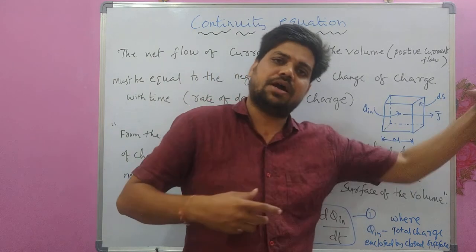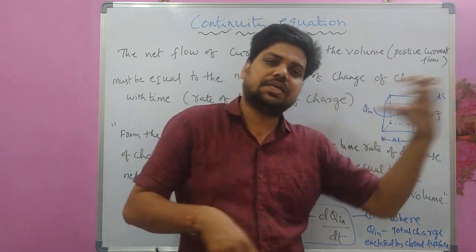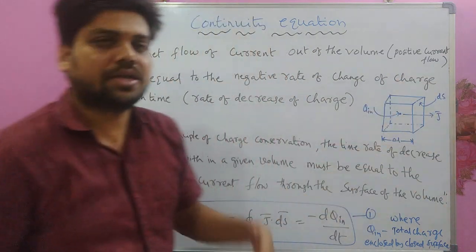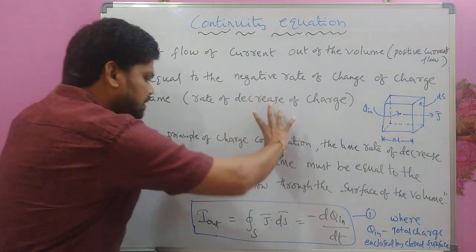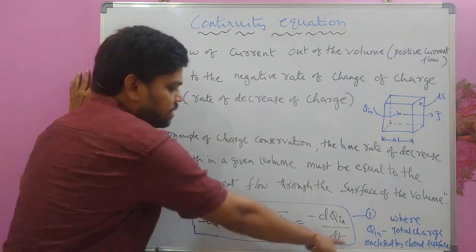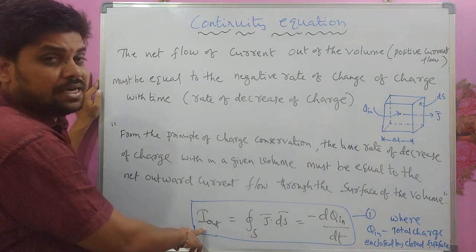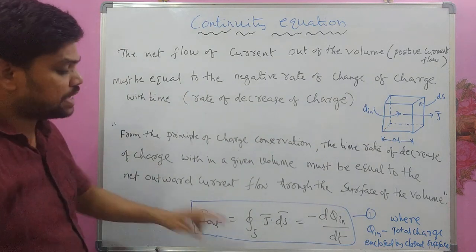The decrease of this charge is compensated with the flow of this current. Some charges are going out, so the charge inside is decreasing. The charges are flowing out means the current, that is positive current flow, we consider because it is going out. So this statement can be written in equation form like this. The current that is flowing out, that is I out, should be exactly equal to